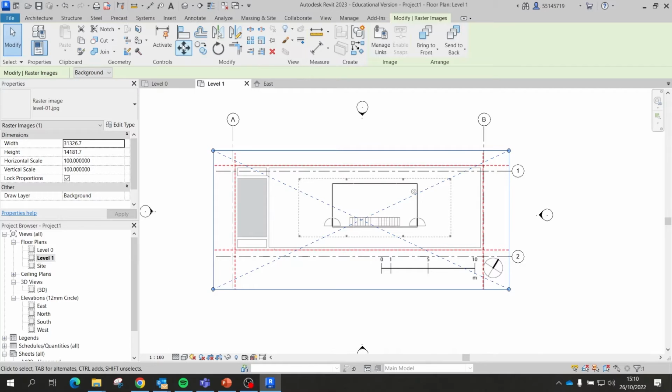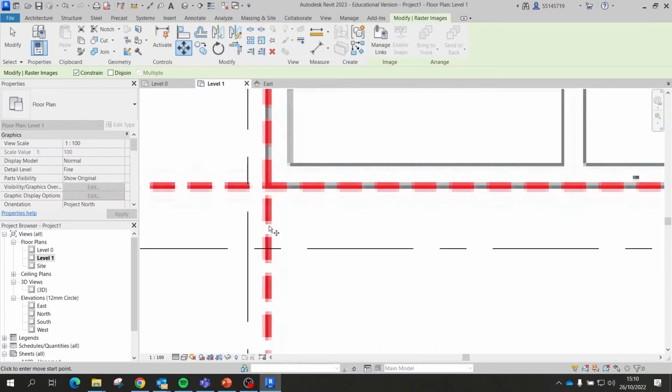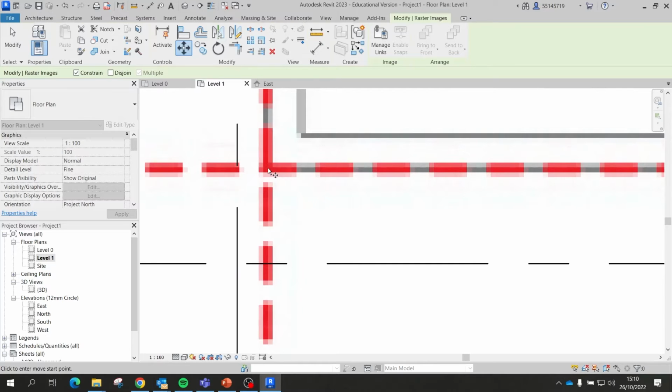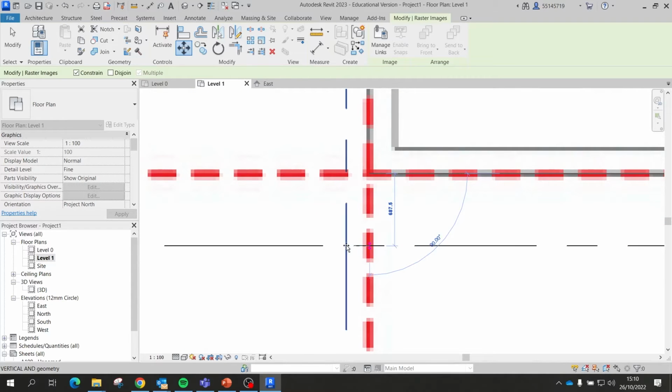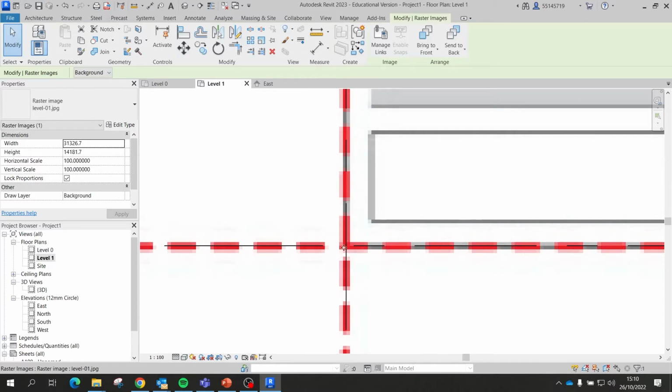So I'm gonna use the move command, which is right here. Grab the point where the red line cross. Constraint off. If you have constraint checked, just uncheck it. And I try with my cursor to catch where the two grids cross each other, right? Where they intersect. So I'm sure I'm moving